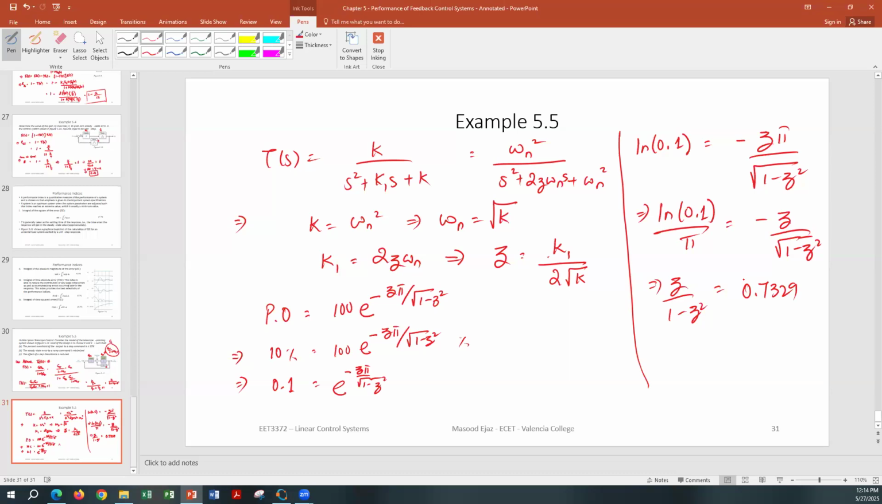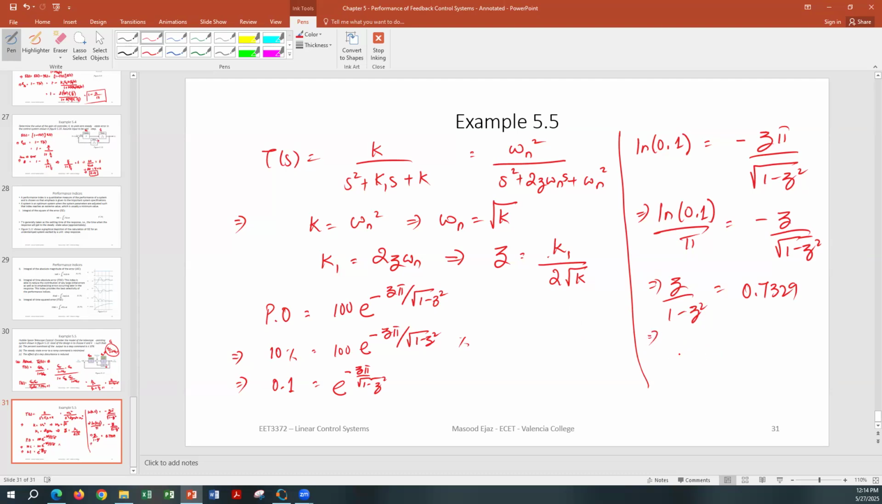We want the peak overshoot to be maximum 10% or less. And that's what we are looking for: what value of zeta is going to produce that. Based on that, we know zeta is equal to K1 over 2 over square root of K. So from that, we can figure out what will be the value of K1 and K. So from this, we can create